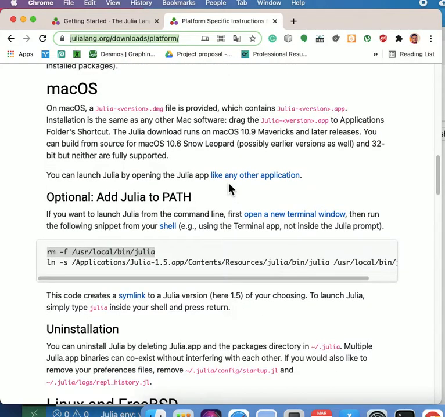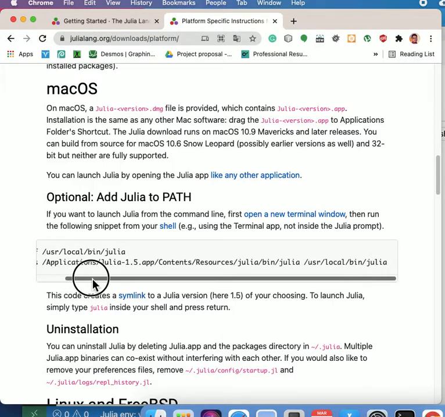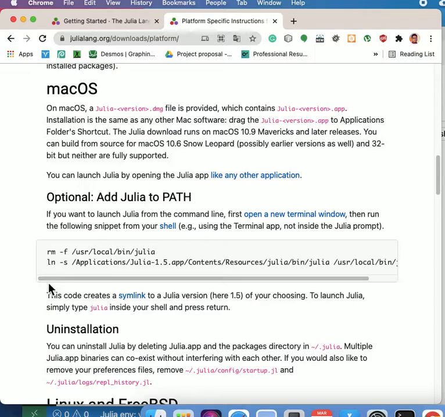What we need to do is very simple. We need to create a symbolic link of Julia to the user local bin directory, and this is the path that we all know for Mac. Here are the basic two commands that you need to issue, but please make sure